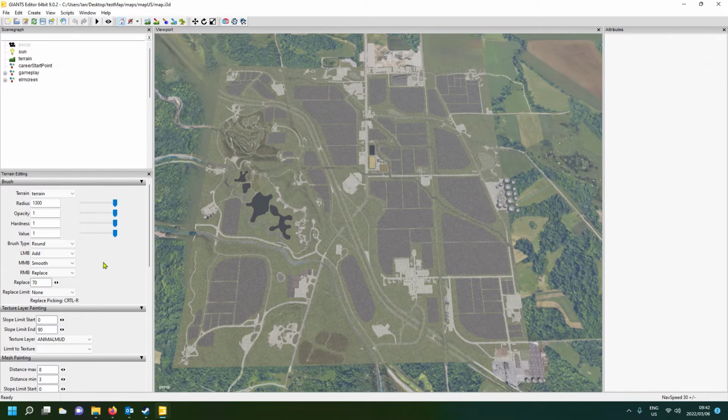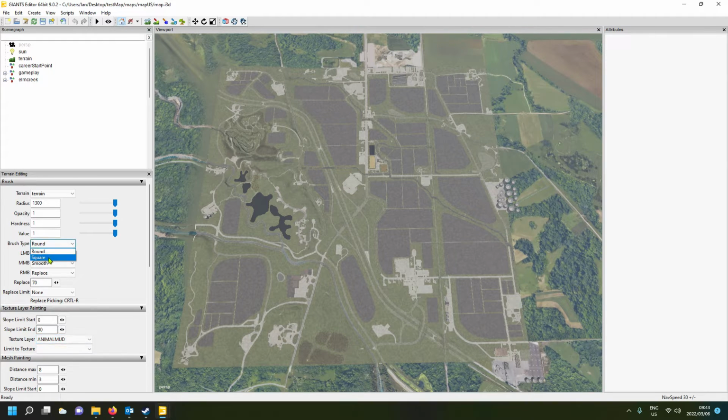Alright, so what you do, go into your radius here by the brush. Make it a 1.2 or 1.3 depending on the size of your map. And remember, once again guys, this only works for your in-game maps. If it's a custom one, you have to do it with the custom map and copy all the stuff over into your map directory. Okay, anyways,